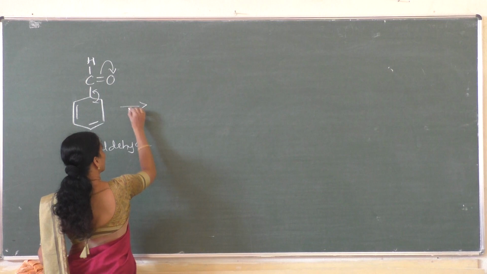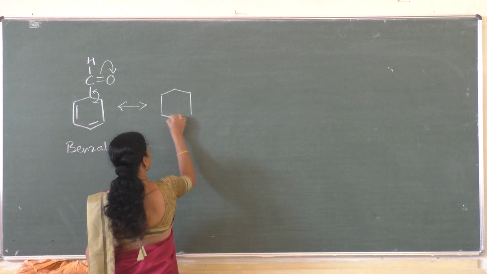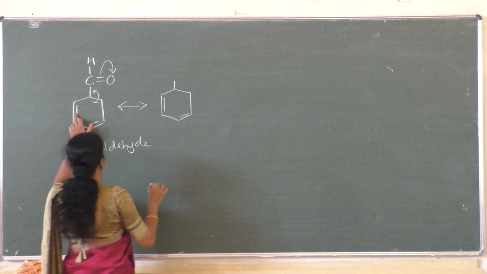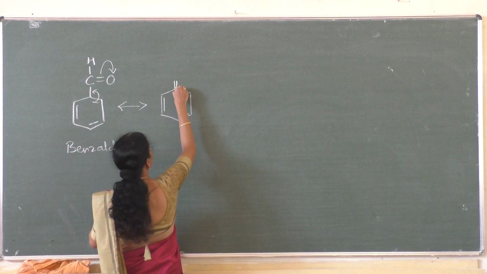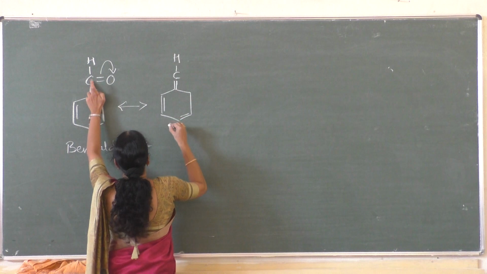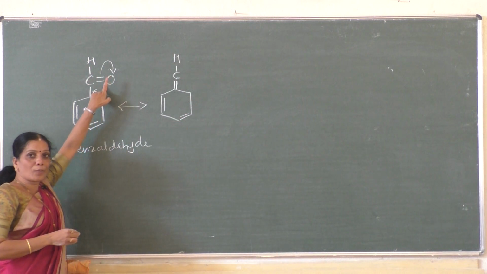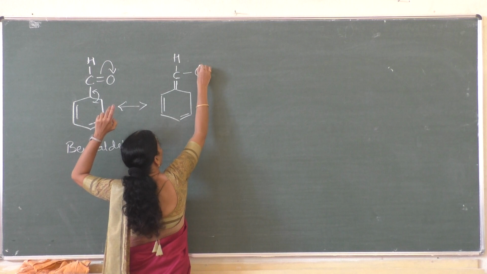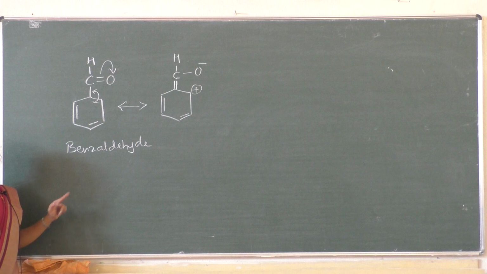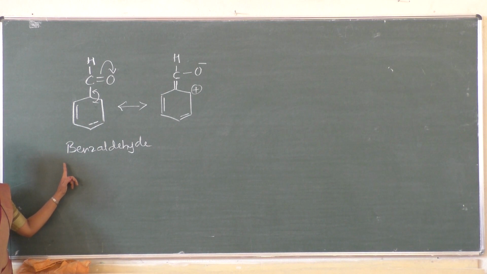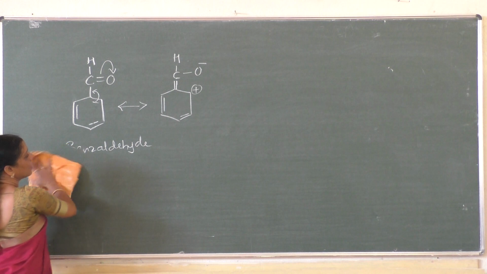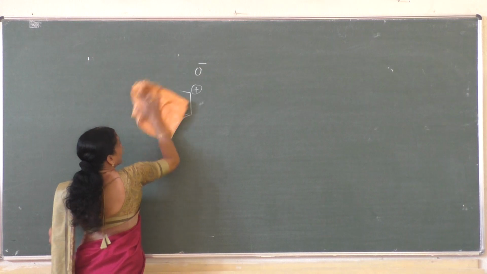Remaining structures you can continue. The first structure, first resonance form I will write. Okay, here these two bonds we have not annulled. This bond gets shifted here, double bond becomes single bond. C, H remains as such. Okay students, H remains as such. Double bond gets converted into single bond, O minus. Here I have to write plus. Remaining part you can continue. Follow now this. This is a minus R or minus M effect in a benzaldehyde. You have to write the resonance structures of this, okay, and you should send the answer.